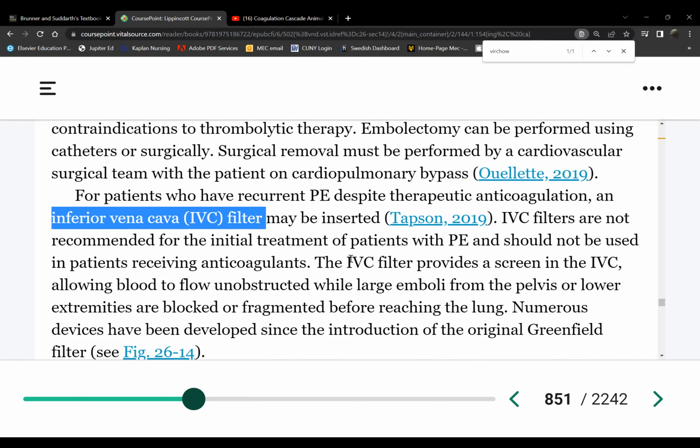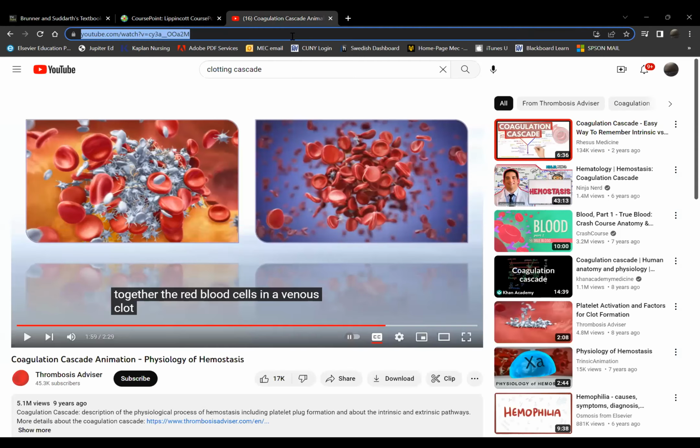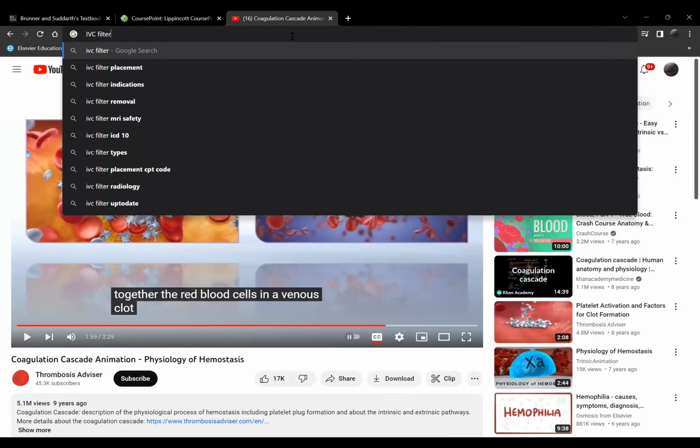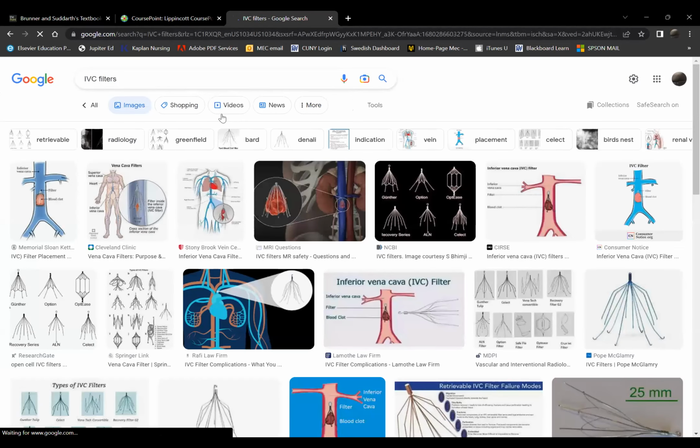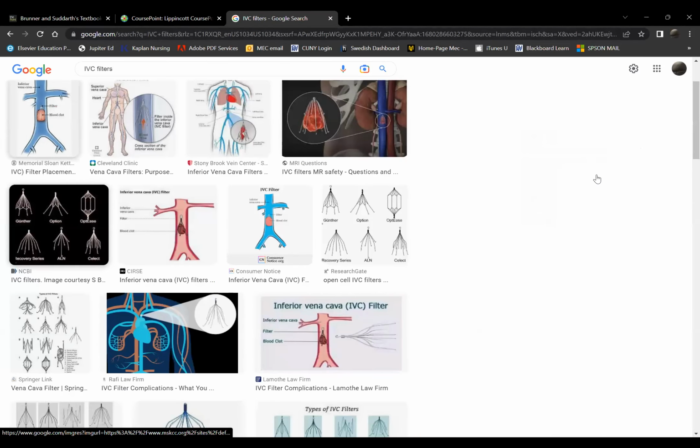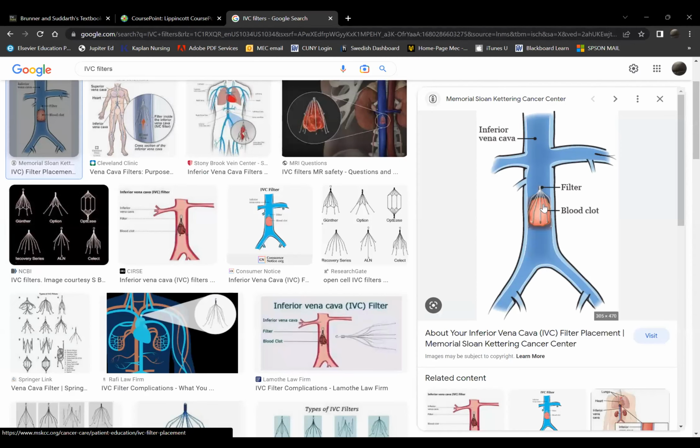Couldn't there still be obstruction in the inferior vena cava with the clots backing up against the filter? No, the filter looks like the spokes of an umbrella without the cloth, like that. So that's a filter, and this is the blood clot, right? So it's just a bunch of sticks, and it will filter and catch a clot, and then the clot, of course, will be destroyed by the body. At least it won't obstruct anything. Did I answer your question?